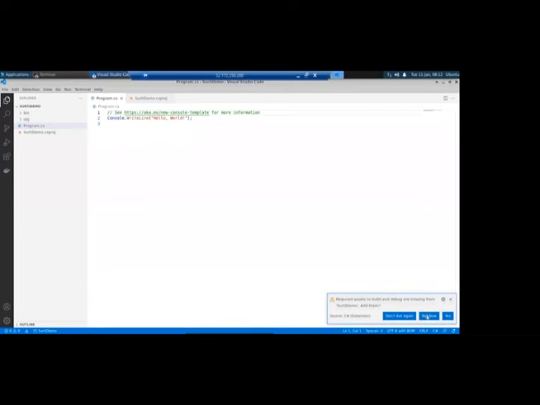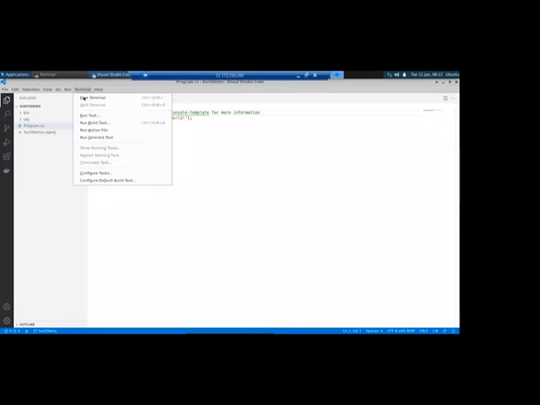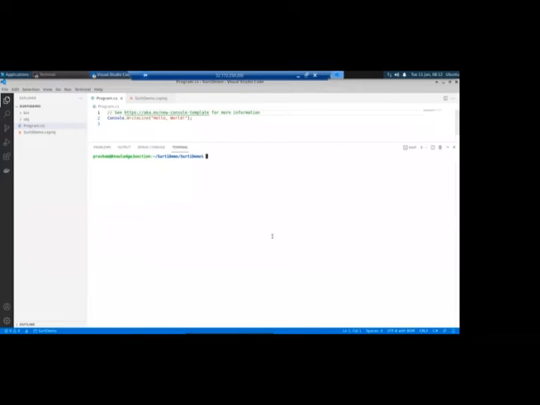It prompts us for extensions and all those things. So we could run from here as well. We could start a new terminal and run this application from the Visual Studio Code itself.